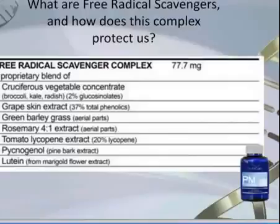Many researchers have documented a concept called oxidative stress. And if you take too many of one type of antioxidant, you can actually increase your free radical levels. So although people will say, well, I take plenty of antioxidants, it's really about the right type. And in this formula, what you'll notice, the majority of these compounds are all natural. Some of them are from green vegetables, some from red